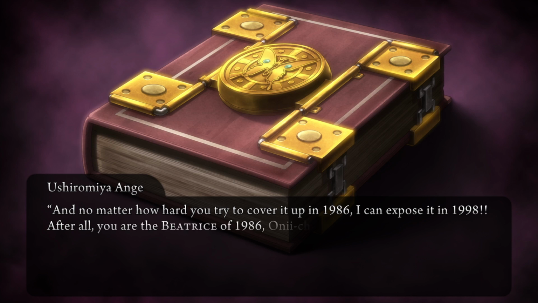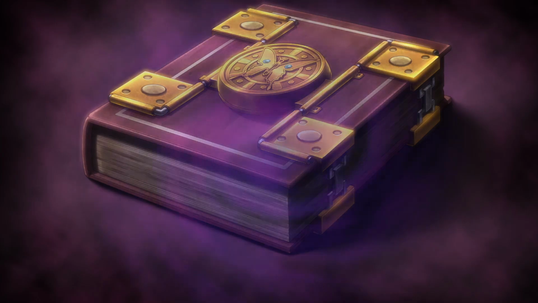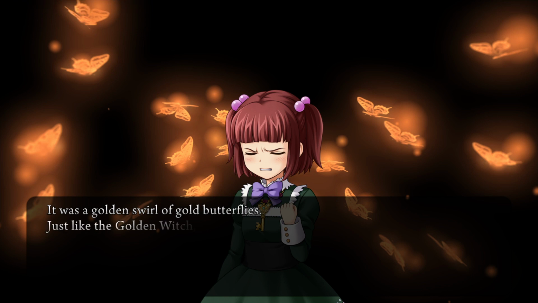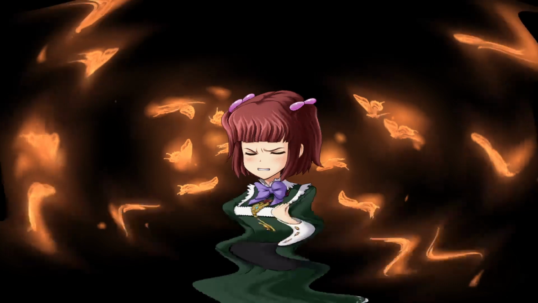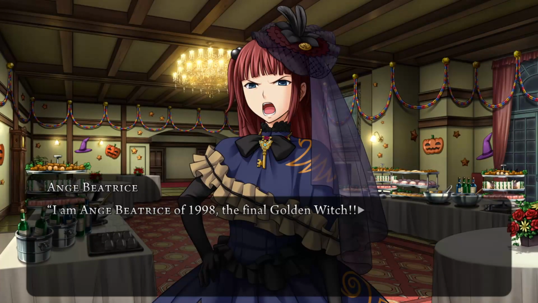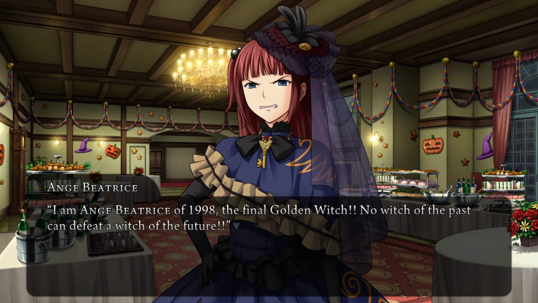私には暴くことができる。なぜなら1986年のベアトリーチェがお兄ちゃんで、私は1998年のベアトリーチェだから。Yeah, I'm you, but strong. Oh, we get an henshin? A cyclone rose up around Anjay. It was a golden swirl of golden butterflies, just like the golden witch Beatrice. Hey, nice. 1998年の最後の黄金の魔女。Alright, I dig it. エンジェ・ベアトリーチェ。過去の魔女は、That's a good outfit. 決して未来の魔女には勝てない。